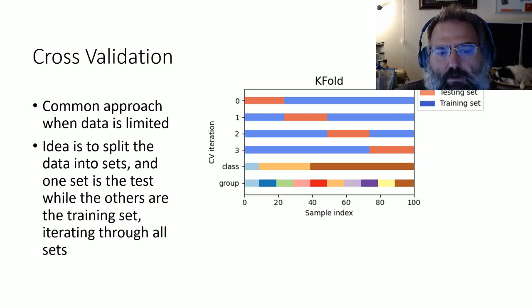And then on the third iteration, you move it over to the third bucket as your test set, and everything else is your training, and so on. And what that ends up letting you do is basically make the best of limited amounts of data. And so it's not violating the rule of letting the test and training data be seen, most likely, although